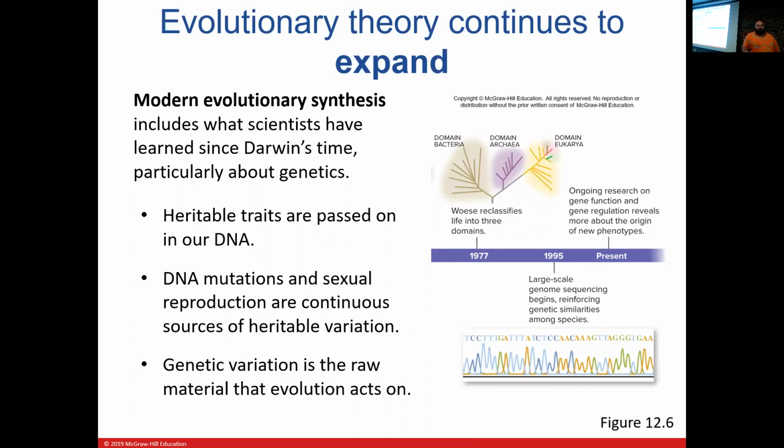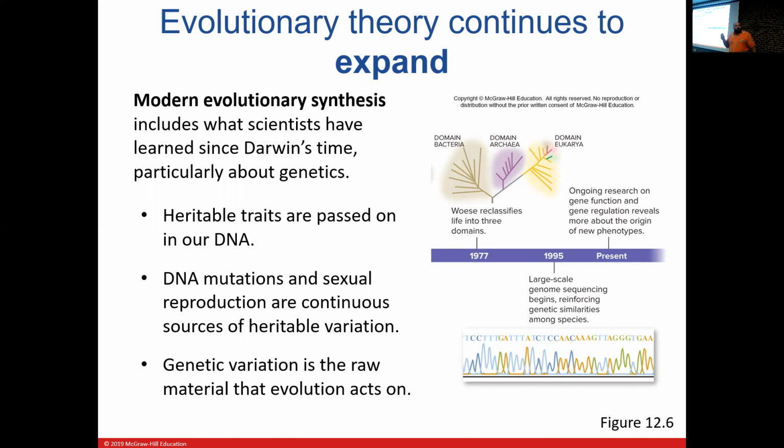In modern evolutionary synthesis, we include what scientists have learned since Darwin's time, particularly about genetics. Just keep in mind, Darwin was in the 1800s, right? He died, I think, right around the turn of the century into the 1900s. So in other words, he was 50 years away from Watson and Crick and Rosalind Franklin finding what DNA is. And he was probably 90 to 100 years away from the actual Human Genome Project and things like that. So a lot of modern evolutionary scientists incorporate those kinds of mechanisms into their studies so they can see not only a general phenotypic expression of traits, but an actual genotypic expression as well.